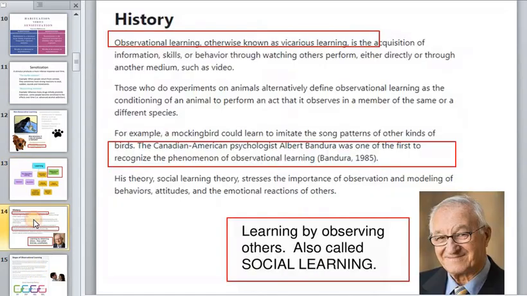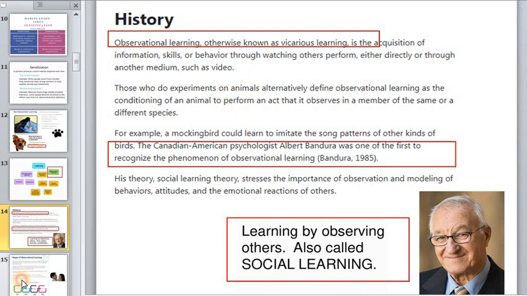And here we see observation learning. The Canadian-American psychologist Albert Bandura was one of the first to recognize the phenomenon of observation learning, and his theory is about learning by observing others, also called social learning. There are so many terms: observation learning, social learning, and even